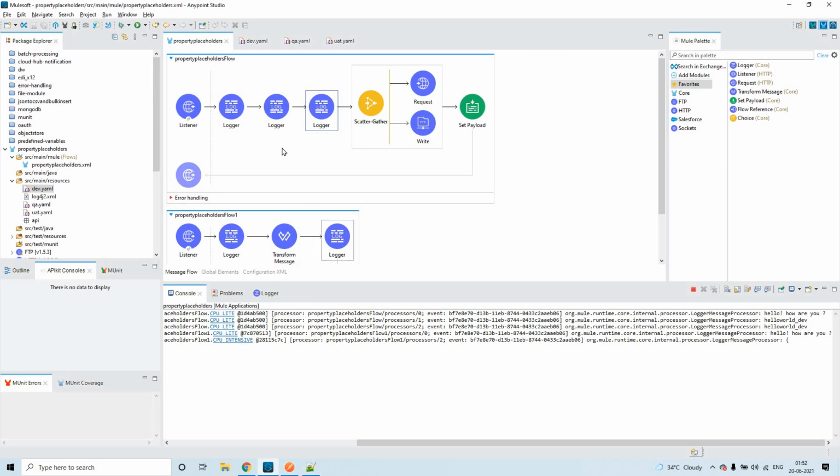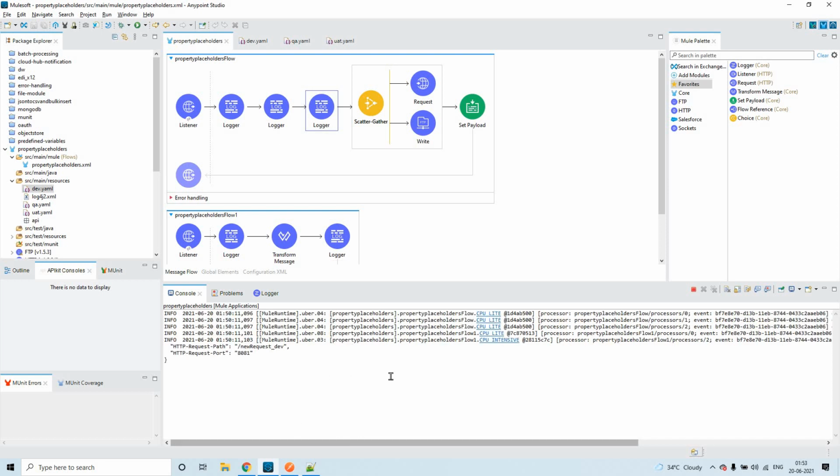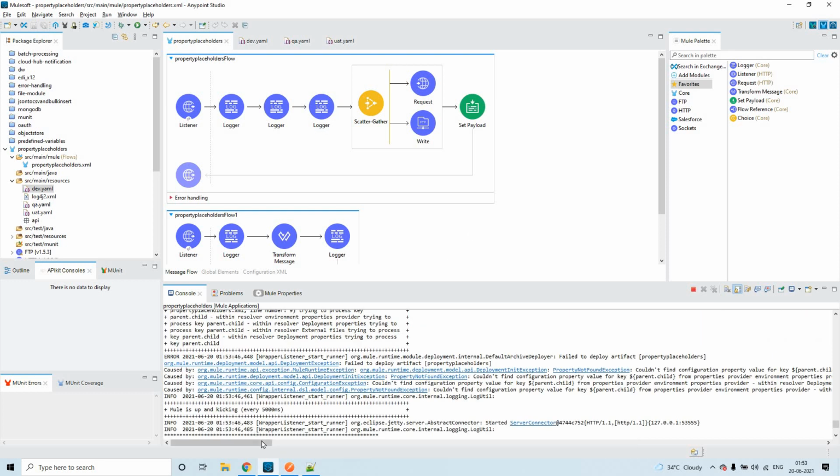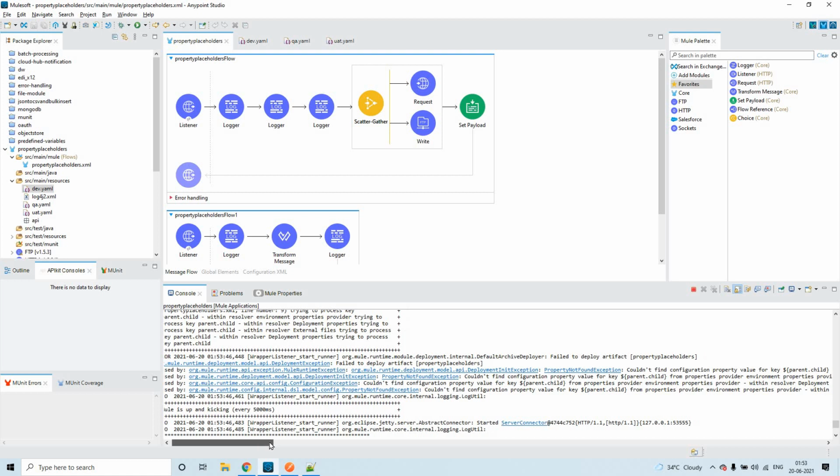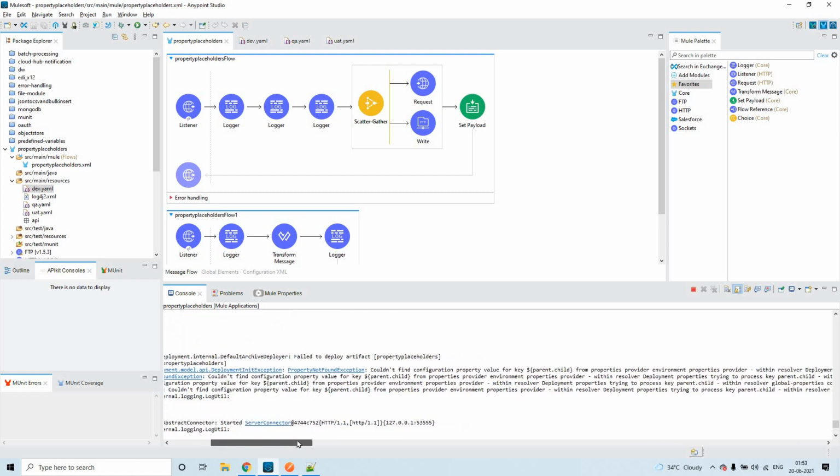So now let us try to deploy this once again, because as I already told you, whenever you make changes to these YAML files, this project will not be deployed automatically. So let me stop this once again and pause this video for a moment, and once it is deployed, we'll continue with the session. See guys, if you see here, I just tried to deploy this, but what happened?